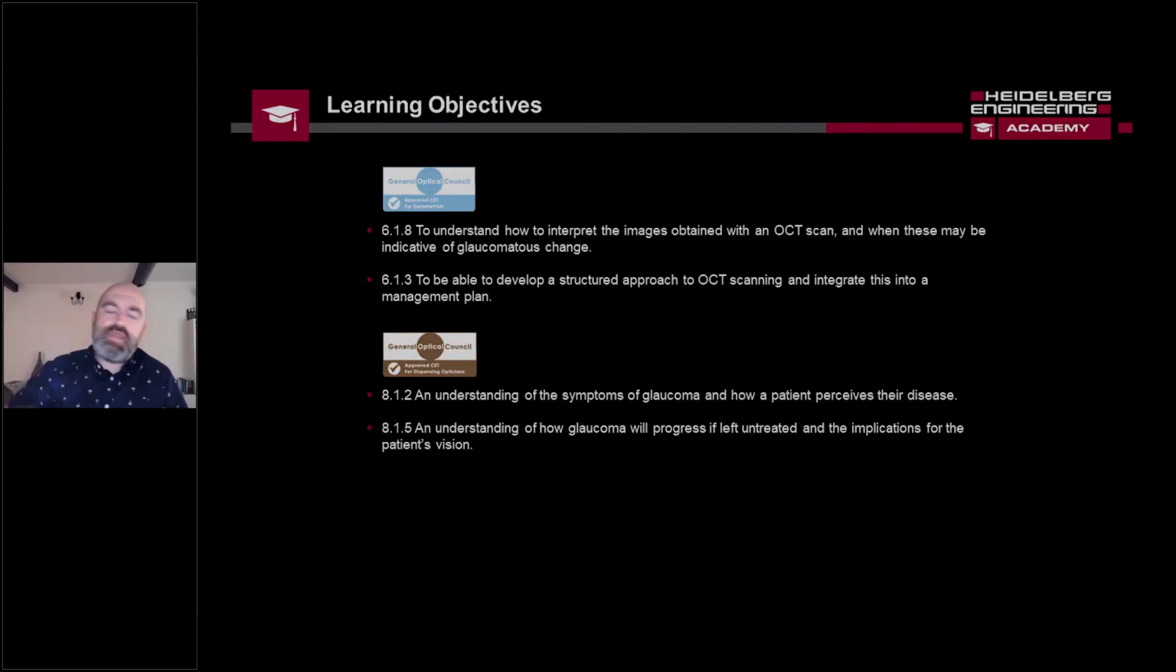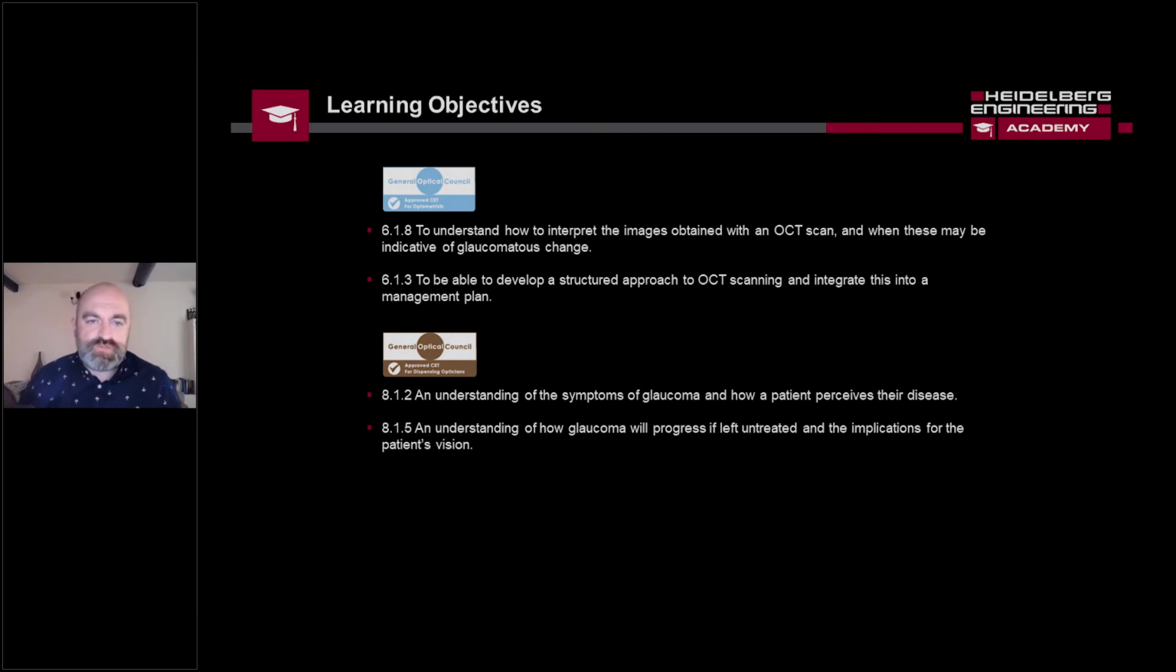So here are the learning objectives for this next hour, which you'll all get one interactive CET point for. For optometrists, the learning objectives are to understand how to interpret images we take with the OCT scan, and when these may be indicative of a glaucomatous change, and also to be able to develop a structured approach to OCT scanning and integrate this into a management plan. And that's really the core